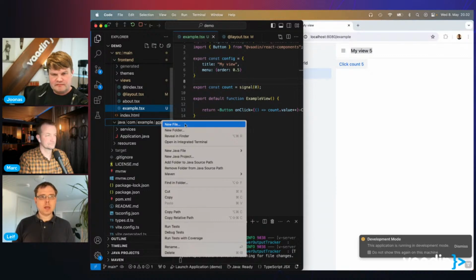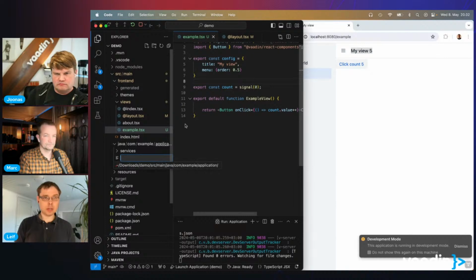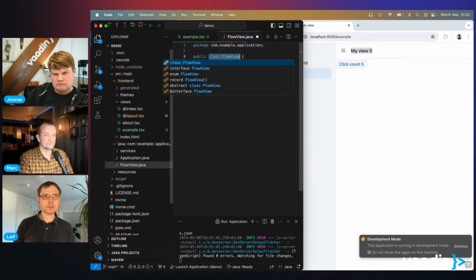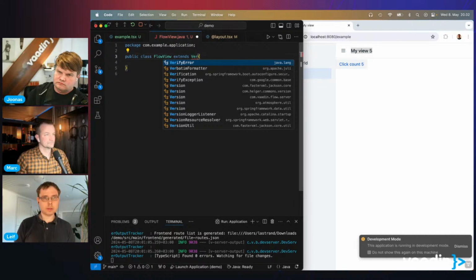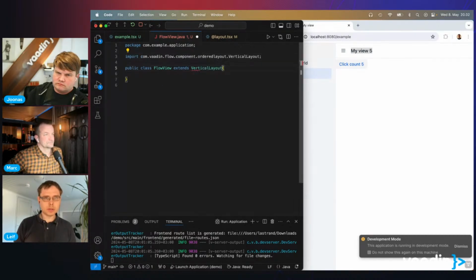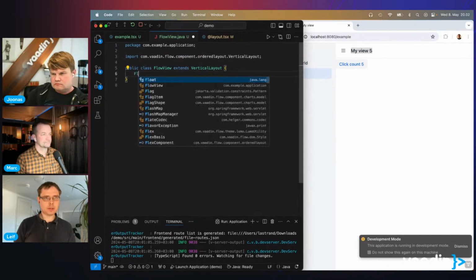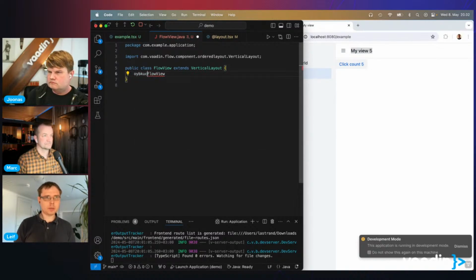Yes. So that was two very cool new things we're adding for Hilla. Let's see how we get Flow into this application also. So I'm going to create a Java file now, and let's just make this, for instance, FlowView.java. And here in this file, I extend, well, VerticalLayout is always a good option. And then let's create a public constructor, and let's just add hello